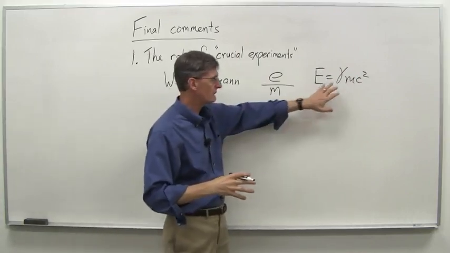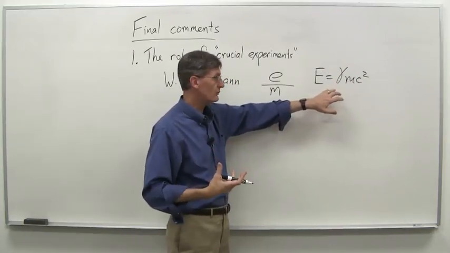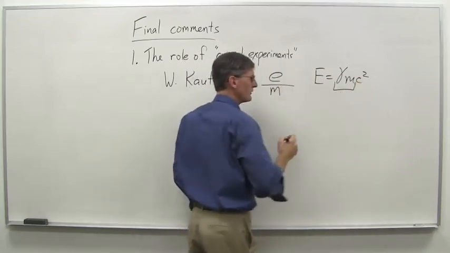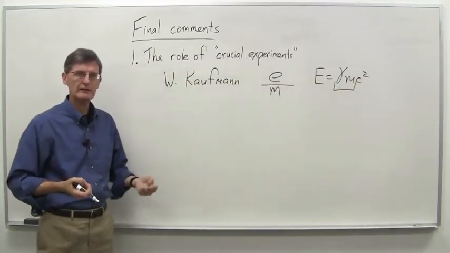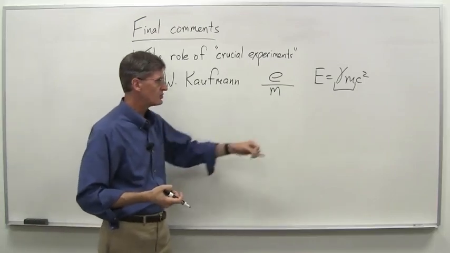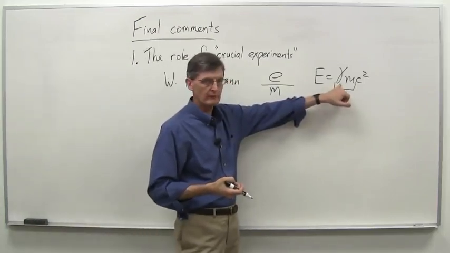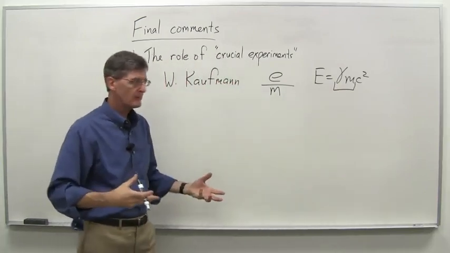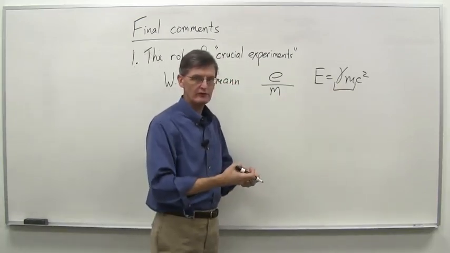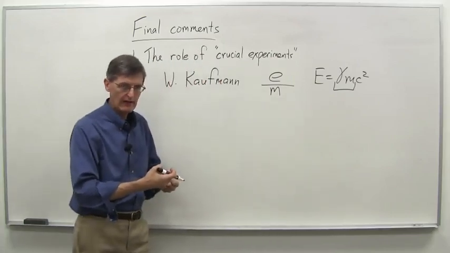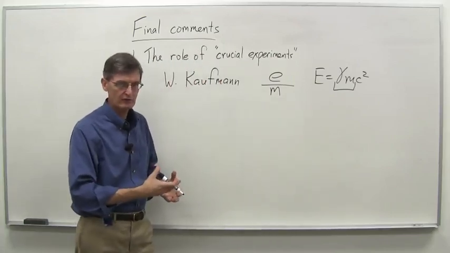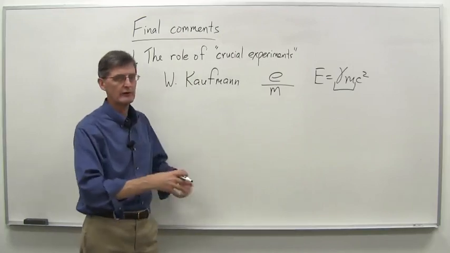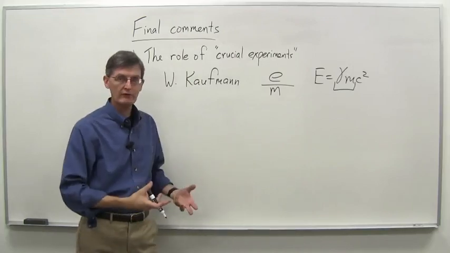But one way to interpret Einstein's energy equation here, gamma mc squared, is that if you look at this part, you can say that's what's sometimes called the relativistic mass. And it changes with velocity by the gamma factor here. Now, in more modern terms as it developed, usually we think of the mass just as the rest mass, and we don't think of the mass actually changing with velocity, but think of the energy changing with velocity. But you can also think about it in terms of the mass increasing with velocity.